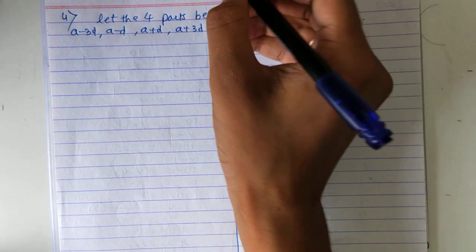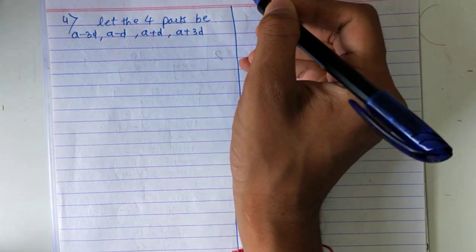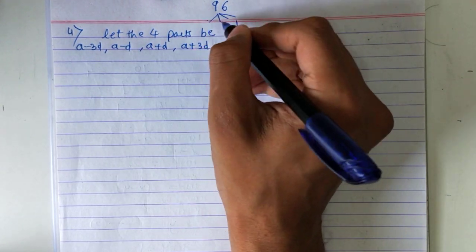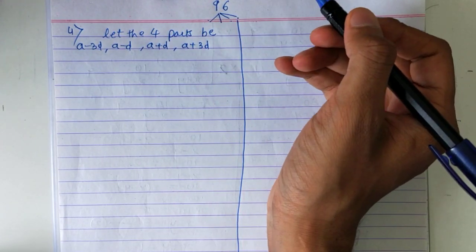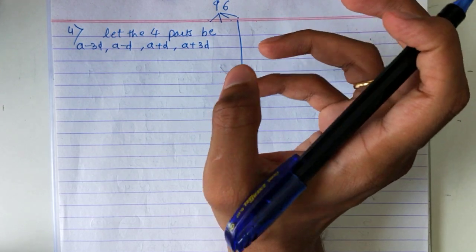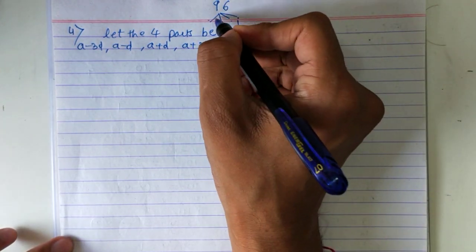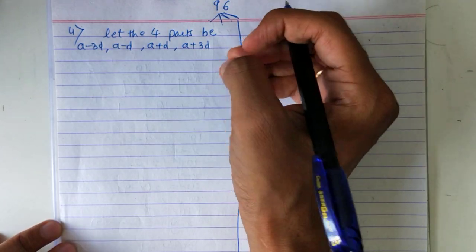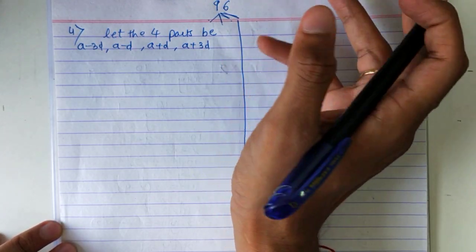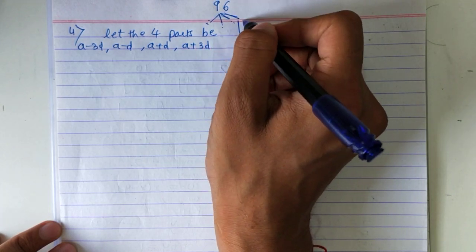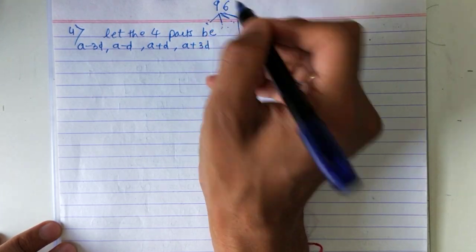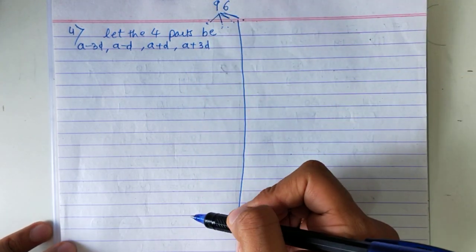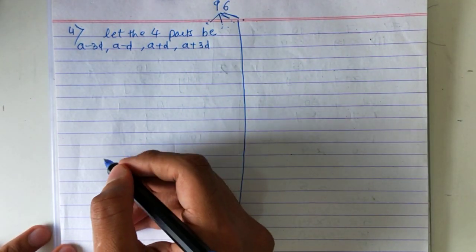And you are dividing 96 into 4 parts. मतलब अगर उन 4 parts को add करोगे तो 96 मिलेगा. उसका meaning ये है. See how they ask the question. That 96 is divided in 4 parts. Equal नहीं है. Parts कुछ भी हो सकता है. 10 हो सकता है, 15 हो सकता है, 44, 51, कुछ भी. So 96 is divided in 4 parts. मतलब उन 4 parts को जब add करेंगे तो 96 मिलेगा. That means sum of the 4 parts is 96. Correct? वो information आपको समझना है.